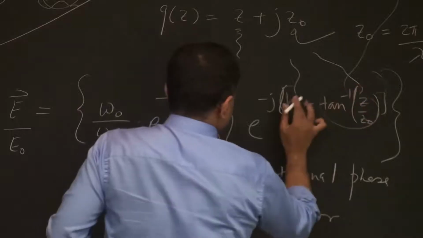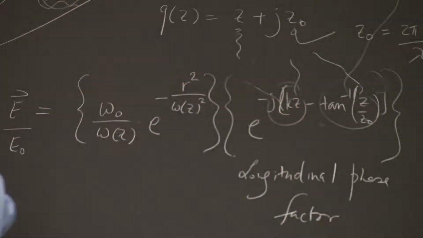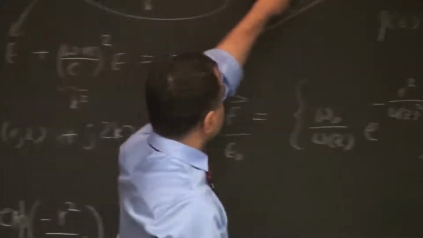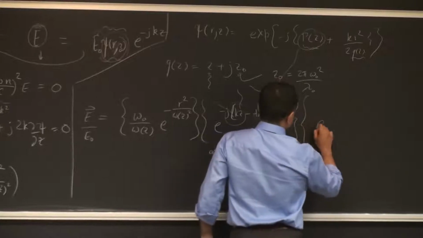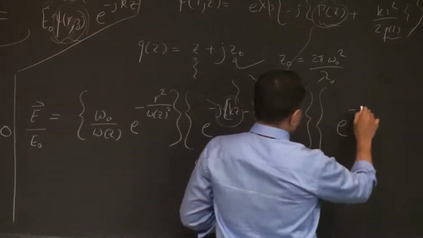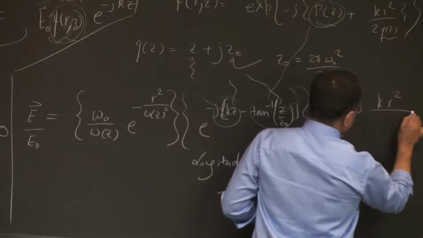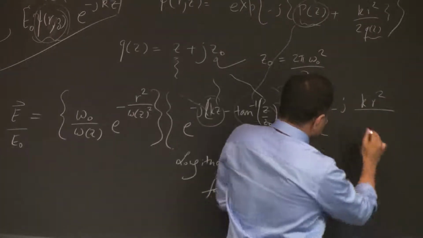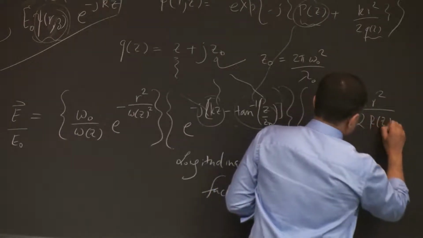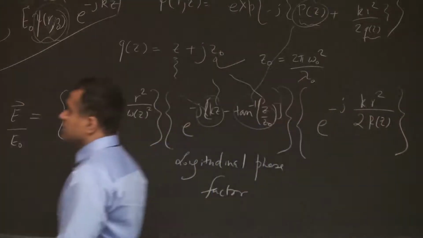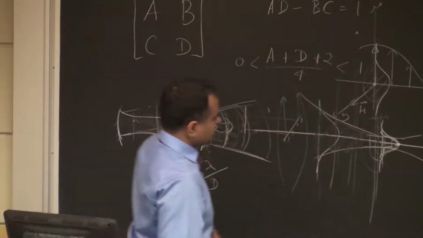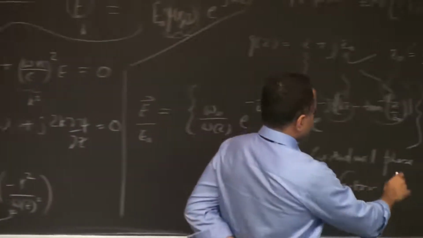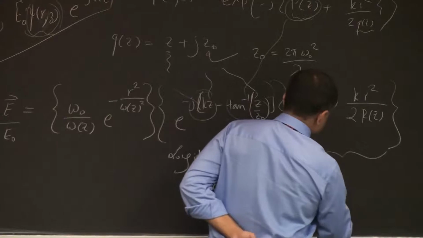If you did not have this, obviously you have just e to the power minus jkz, and that's just the plane wave, which is uniform everywhere. There's no psi. And then you had this radial phase factor, which looked like it was curved. That's what leads to this curved phase front. It actually starts curving like that, and this is the radial phase factor, right?